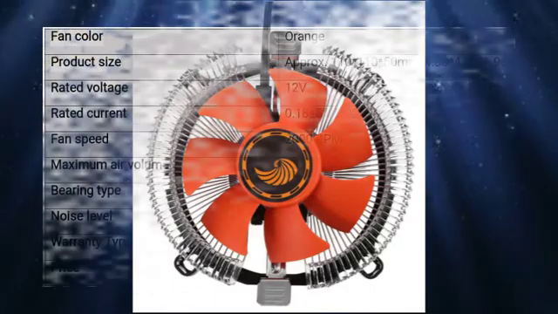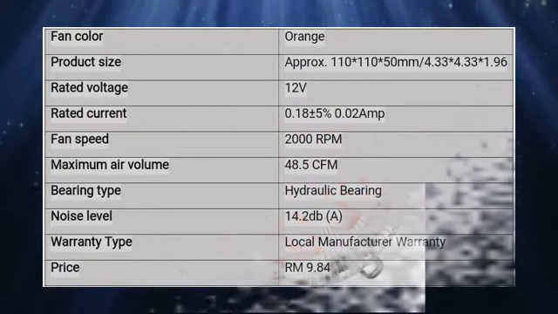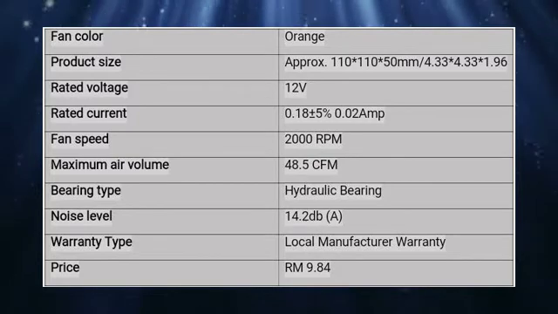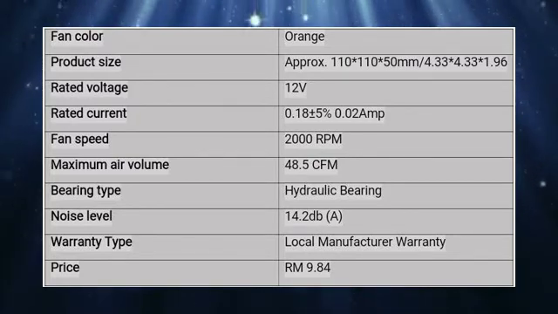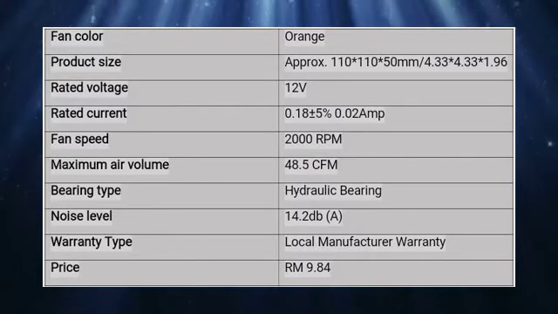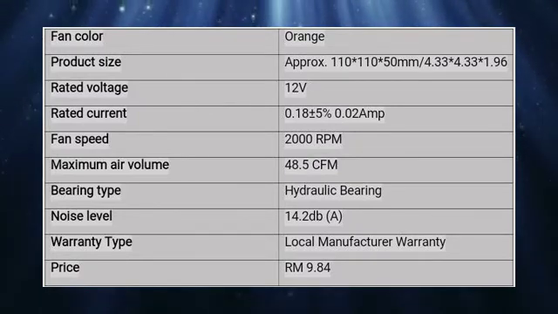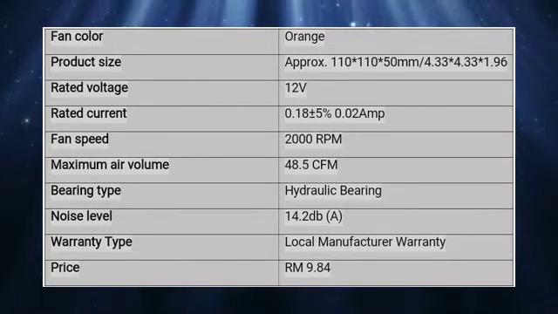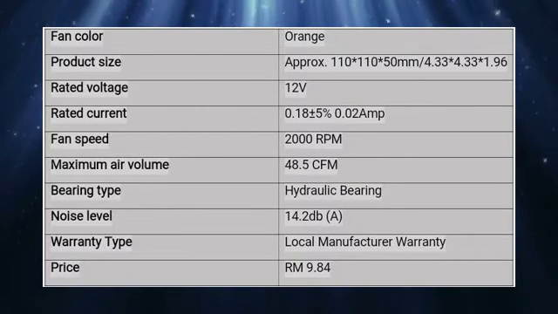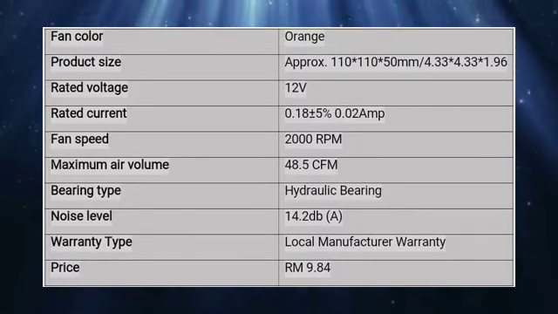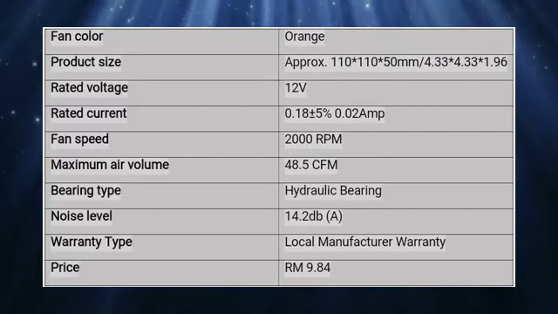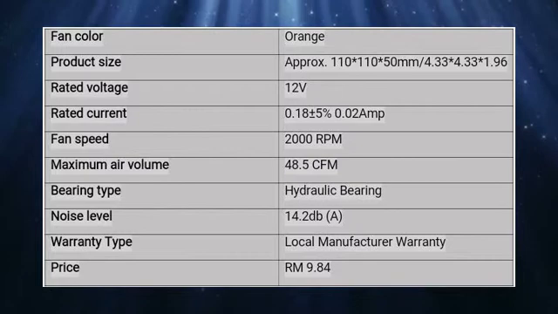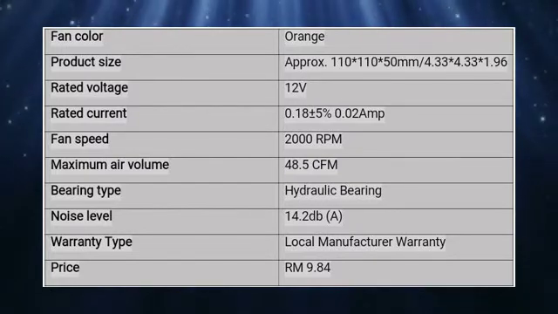The specification of this cooling fan: the fan color is orange. The product size approximates 110 x 110 x 50 mm, 4.33 x 4.33 x 1.96 inches. The rated voltage is 12 volt. The fan speed is 2000 RPM, while the maximum air volume is 48.5 CFM. Warranty type is local manufacturer warranty and the price is only